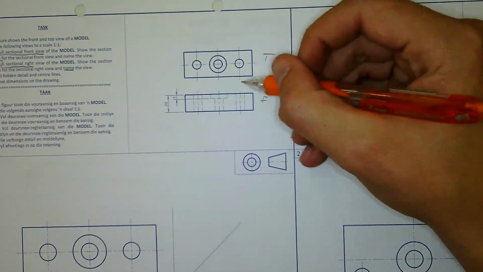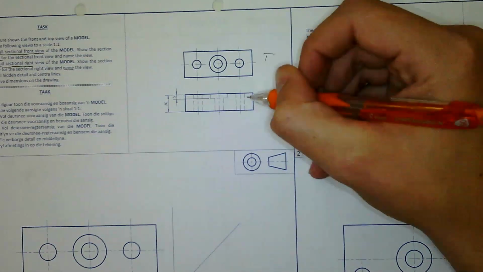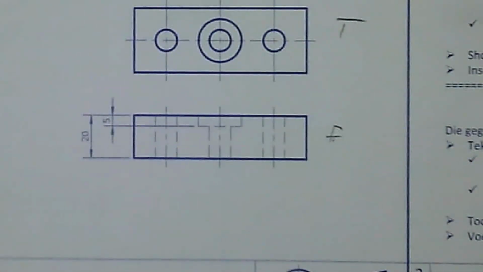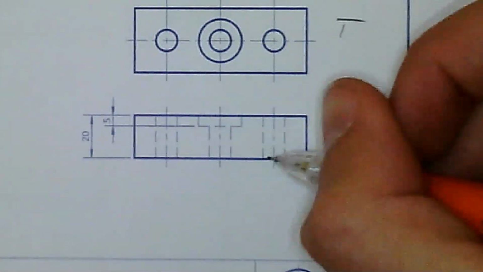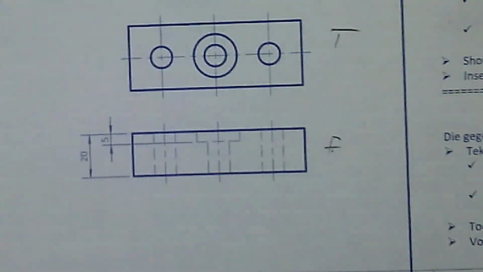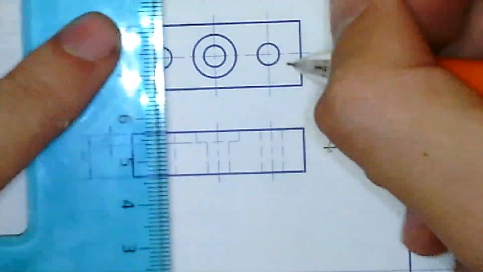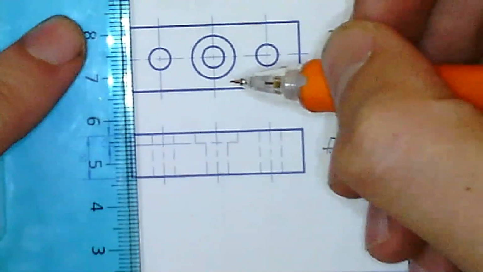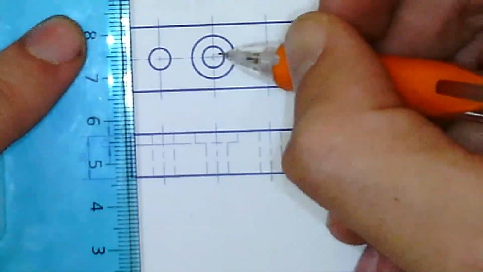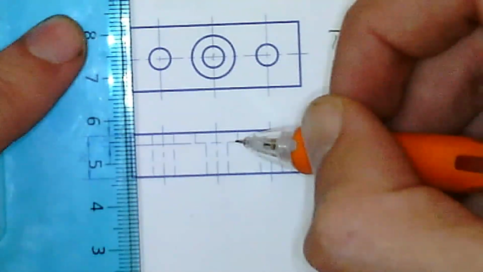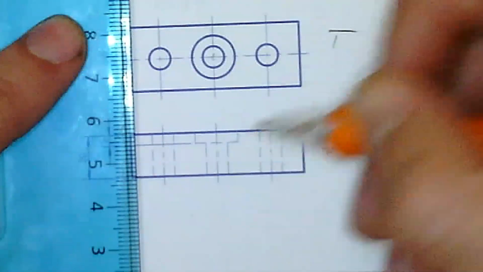Okay. Now if we look at the given figures, we have a front view and a top view. Our front view indicates that there is some hidden detail. So there's hidden detail right there, there's hidden detail right there. So what does the hidden detail mean? The hidden detail tells us that there's nothing right there. That's a hollow section. It's been drilled through right there. And then this larger circle only is drilled to right there. Okay, and then the smaller circle is drilled all the way through again.